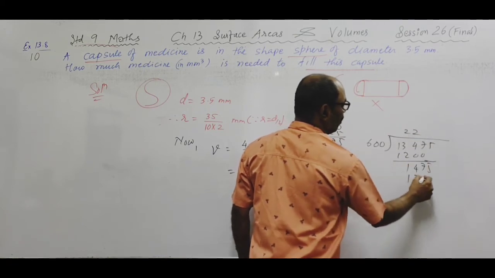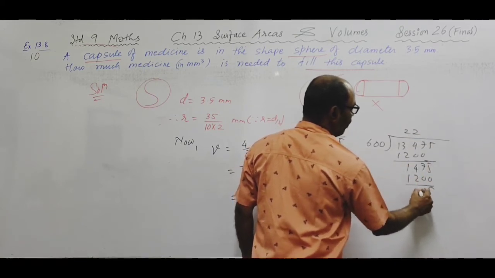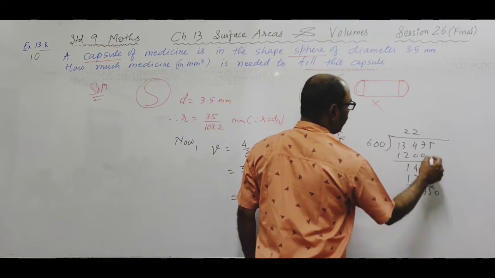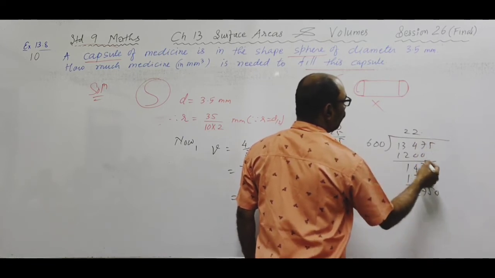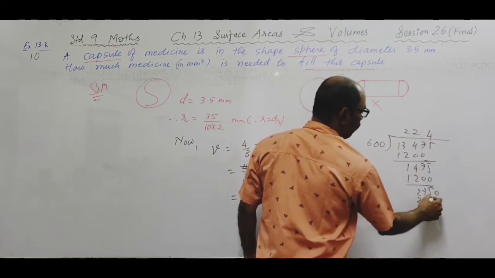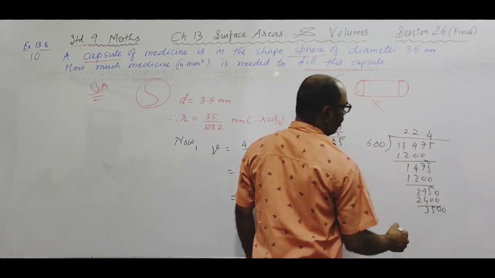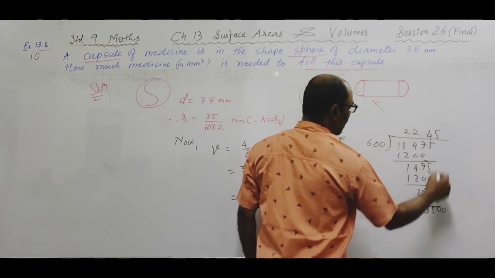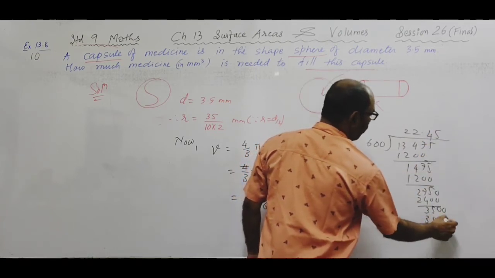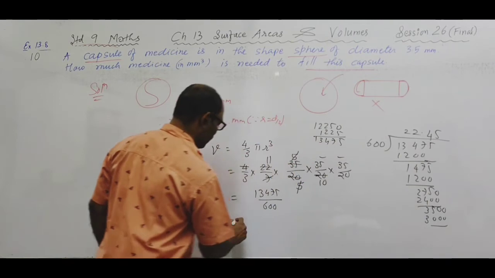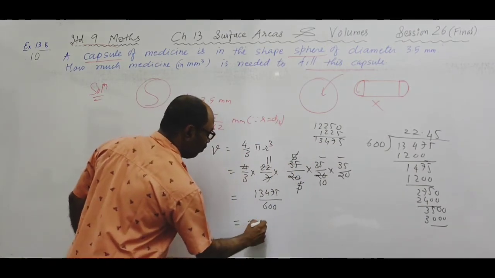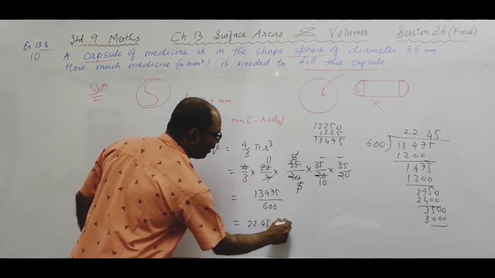Again 2s are 1200. 5 7 or 2. 0. 4s are 2400. 0 5 or 3. 0. 6 5s are 3000. That's it. So that is equal to 22.45 millimeter cube